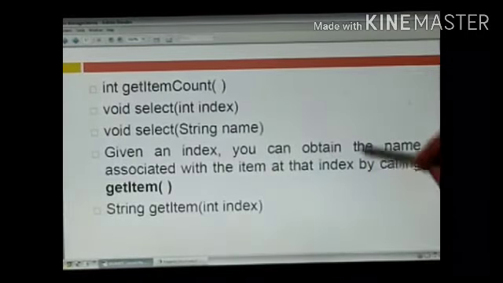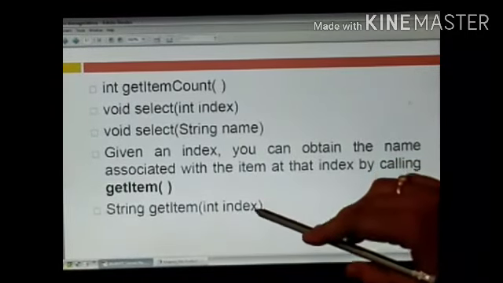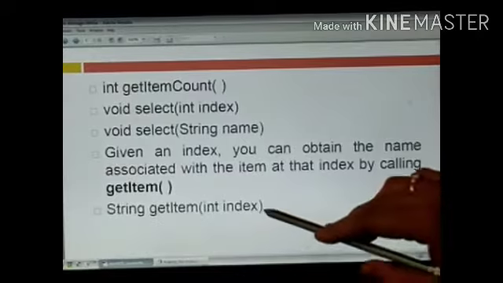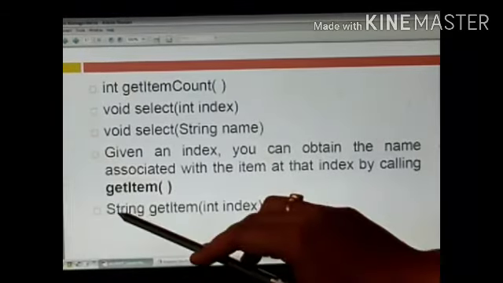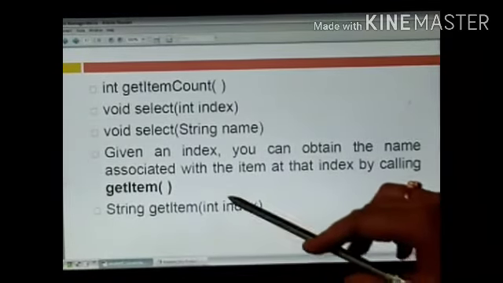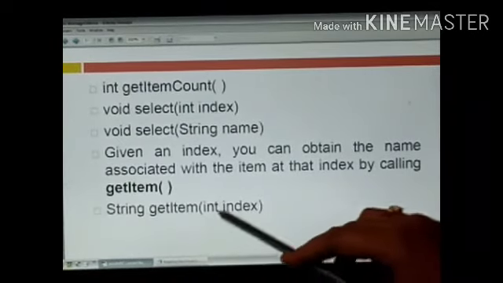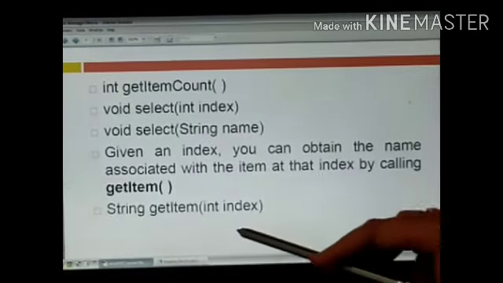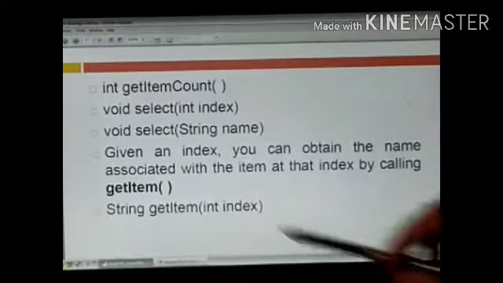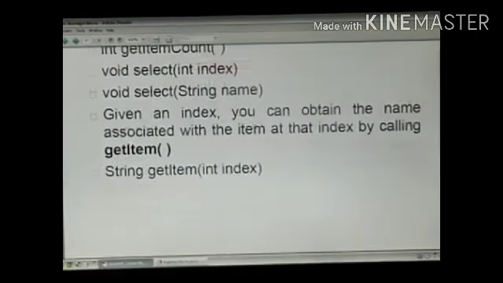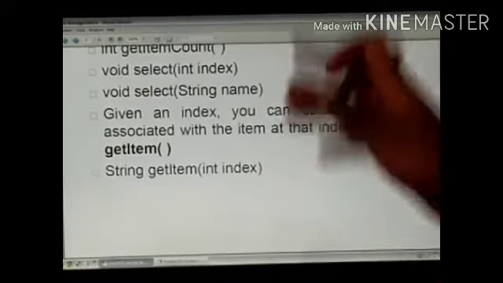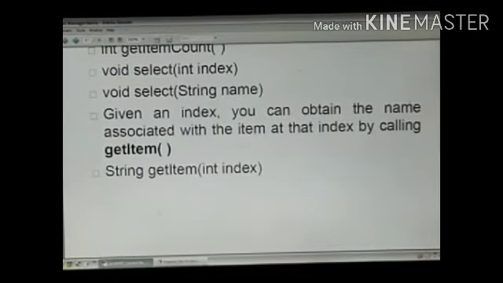If I have a list and at position 0 I have added mouse, at position 1 I have added keyboard, and at position 2 I have added monitor, then getItem(1) will return the keyboard. The answer is the keyboard for this method. So with the index you will get back the string label name.